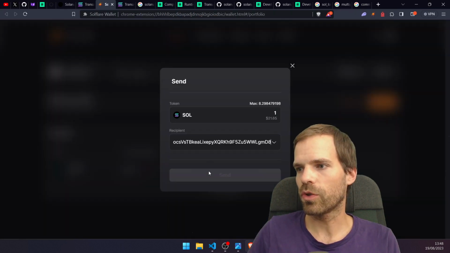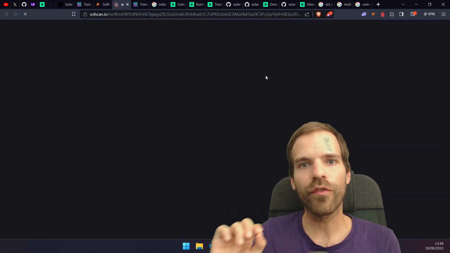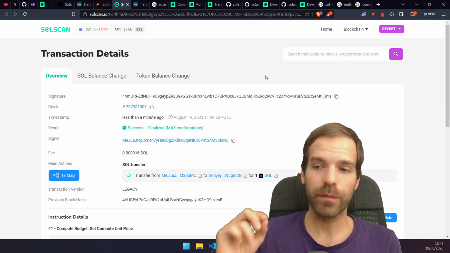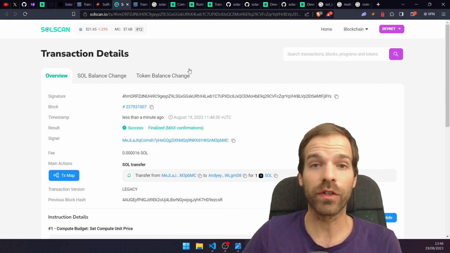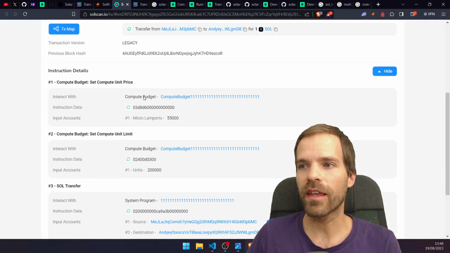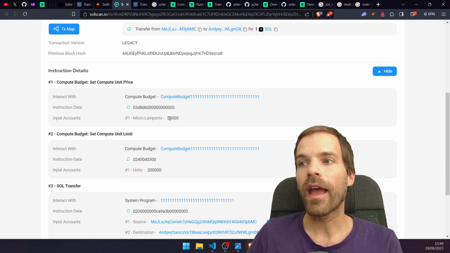Let's send 1 SOL to myself. Solflare was the first wallet where I noticed it. They add priority fees to every transaction where they can. If it's pre-signed, then they can't. But if they can, they add those instructions, and here we see they stay with the standard 200K compute units and